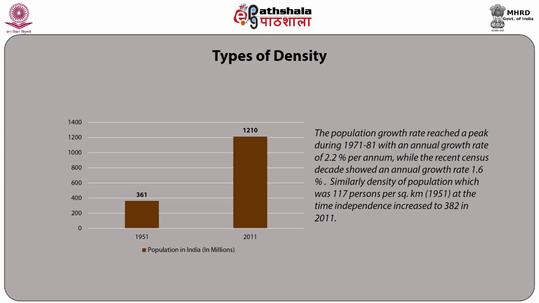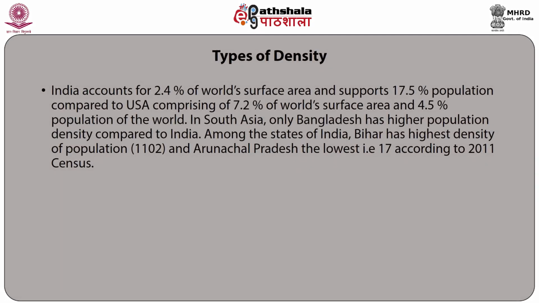Similarly, density of population, which was 117 persons per square kilometer in 1951 at the time of independence, increased to 382 in 2011. India accounts for 2.4% of the world's surface area and supports